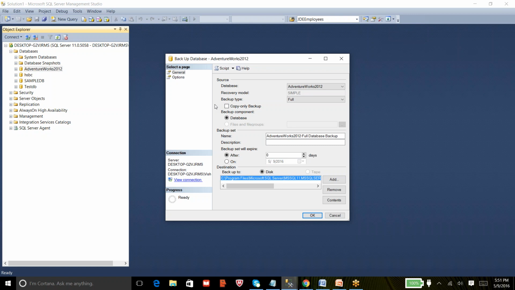You cannot restore it. Even if you try to restore Tuesday's backup directly, SQL will throw an error saying that there should be an earlier backup available. I mean, there should be one more log backup that is available. So please restore that first. So you have to restore the log backups in sequential order.